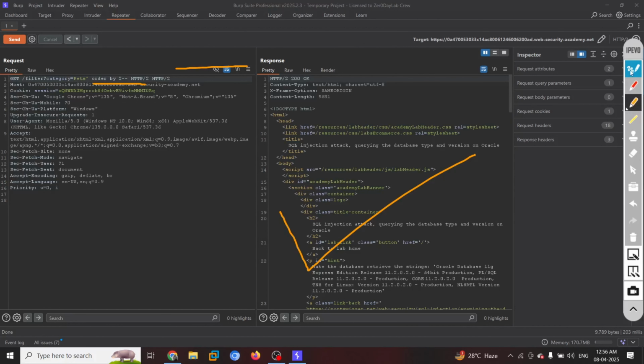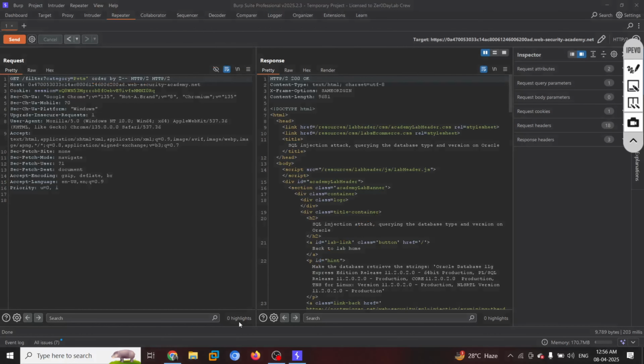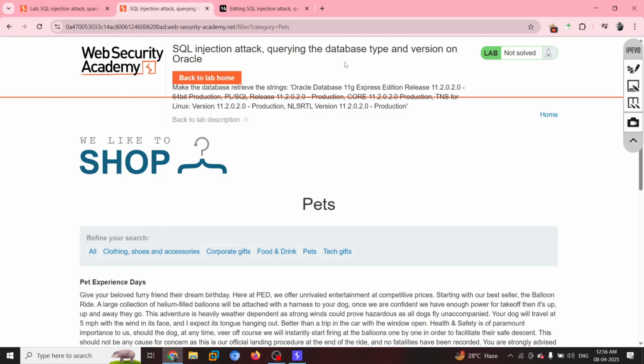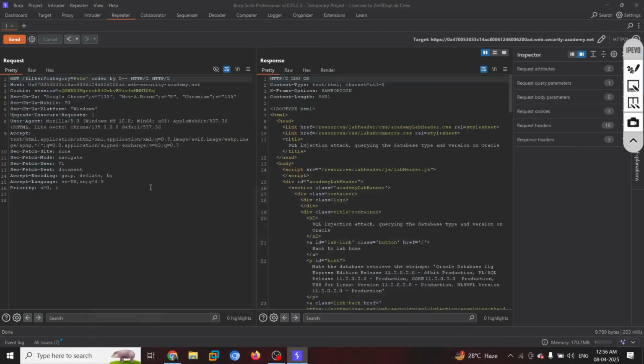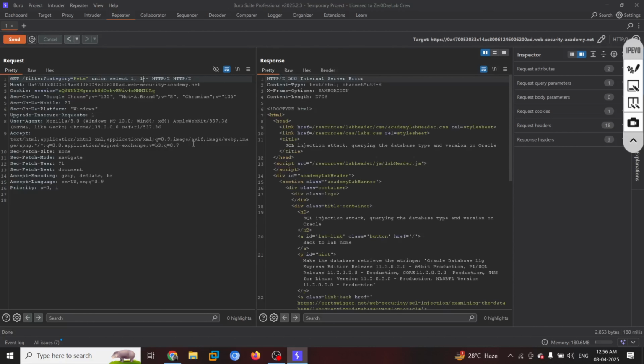Once this is clear, now what we would be doing? We need to identify the data type, right? What was the question? We need to identify the data type. So how are we going to know the data type actually? For that, we would be using union select, right? Just a moment. So if we say union select 1, 1 hyphen hyphen, okay. What is going to happen? It is giving me internal server error. It could be now that the application is not using any number type, right?